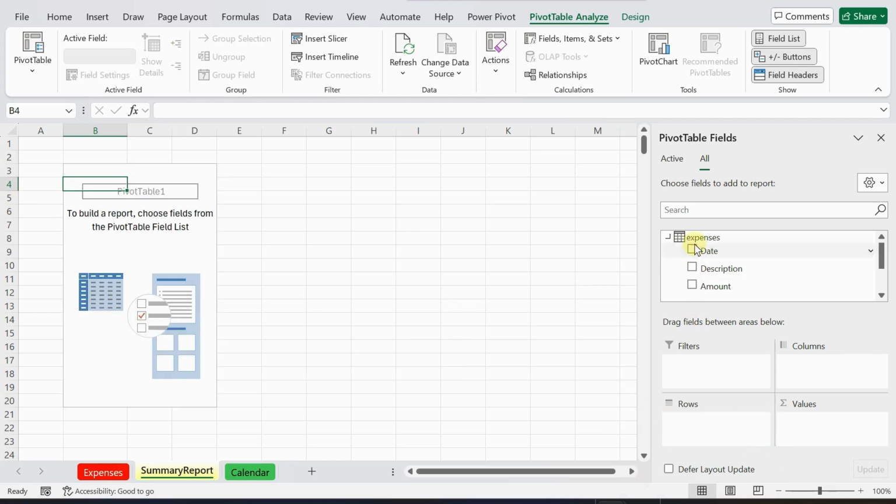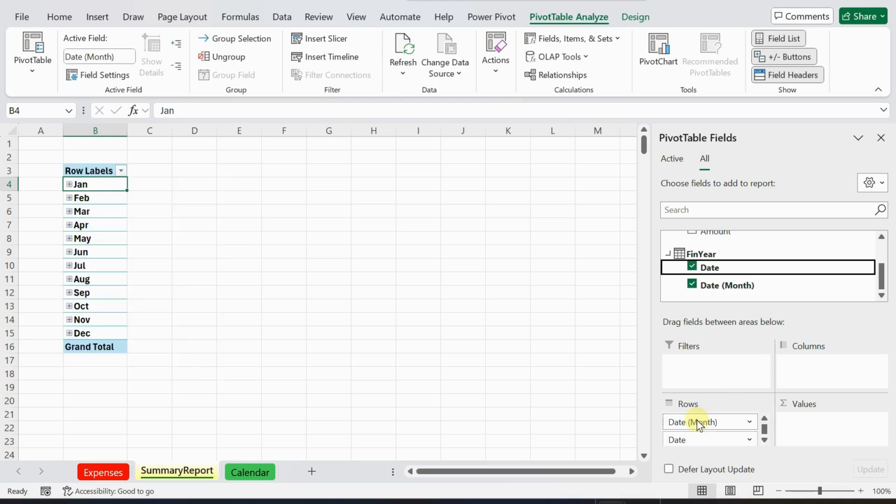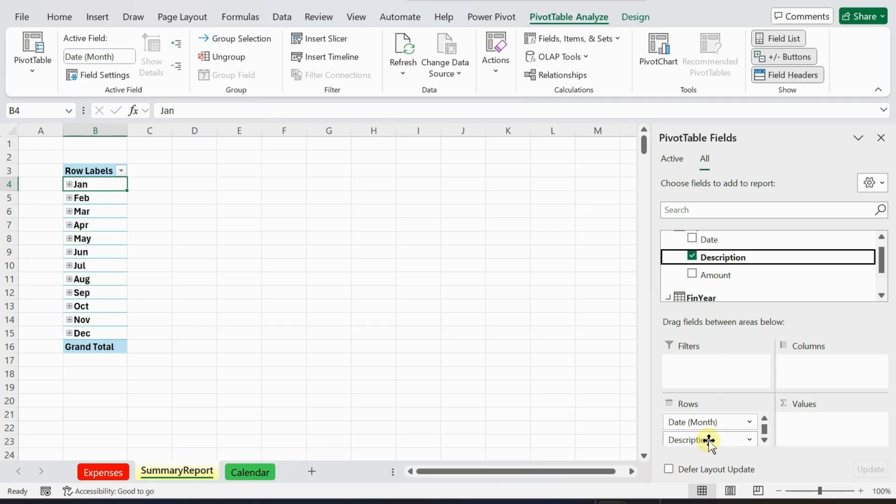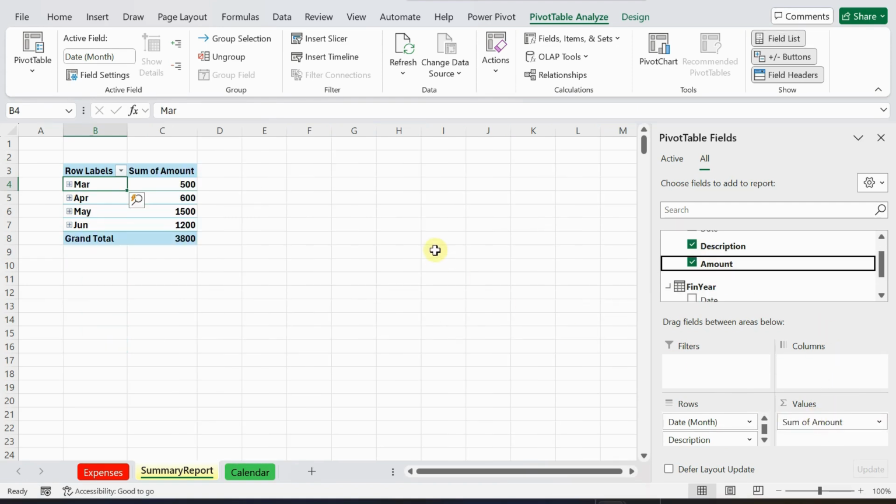When we first put the date in, you will see that it's giving us the date as well as the month. That I don't want. I can have that, but I want to have the month only for clarity. Now that I have the month, I can go to the expenses, and I'm going to put the description under the month, and then I'm going to put the amount in the values column. Now if you look at my summary table here,